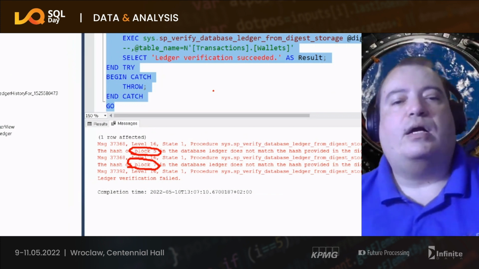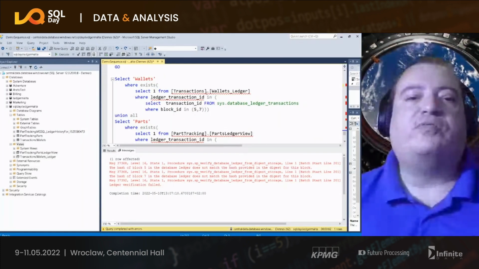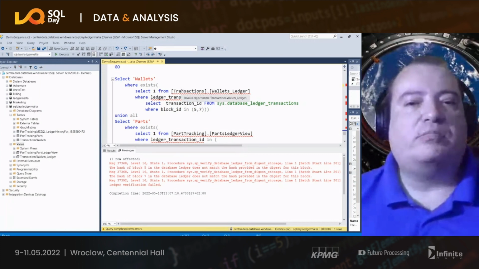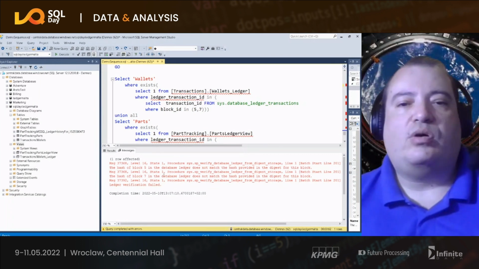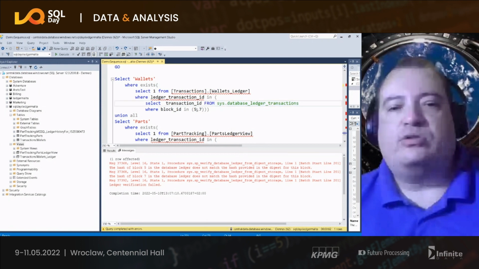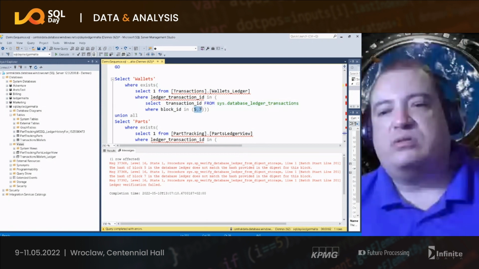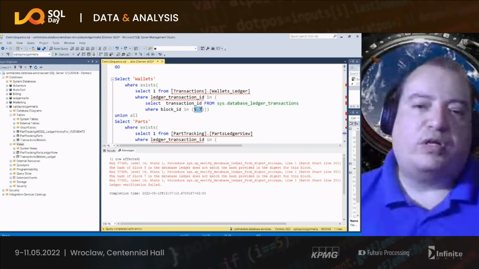I need to identify the transactions and the tables affected by this. To verify that, I need to check the transactions on these blocks. So I recover the transaction IDs from the sys ledger transactions which are involved in these blocks,